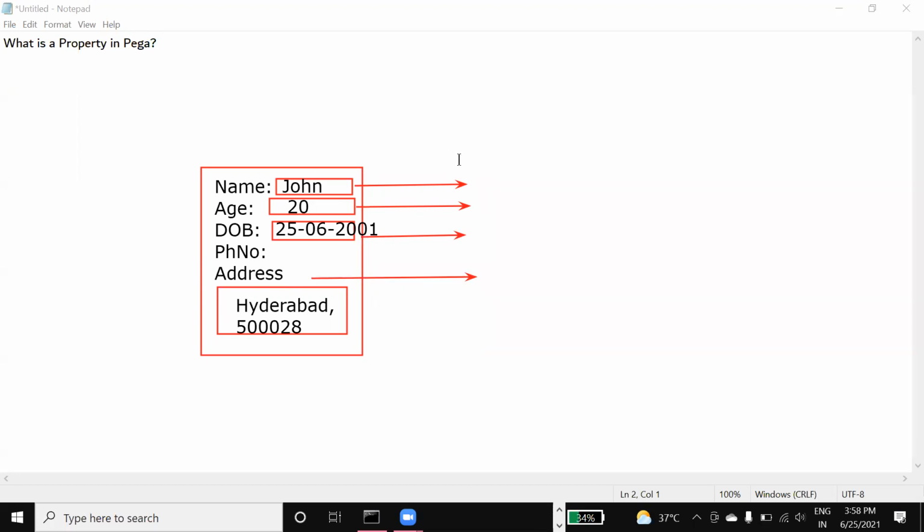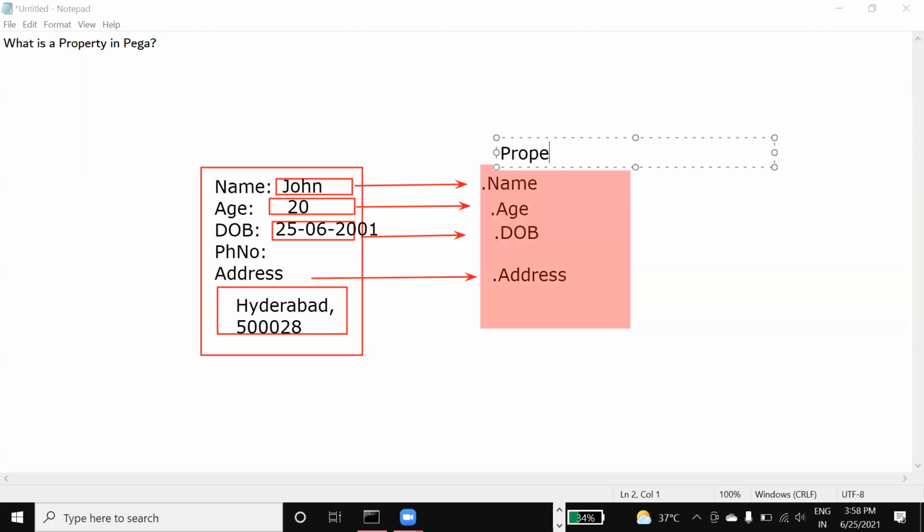For the name field we will configure a property like .name, for age .age, for date of birth similarly .dob, and for address we will configure an address property. These are all properties: name is one property, age is one property.